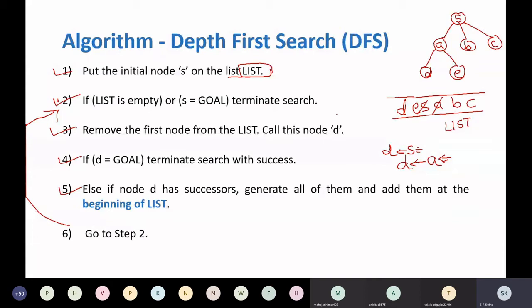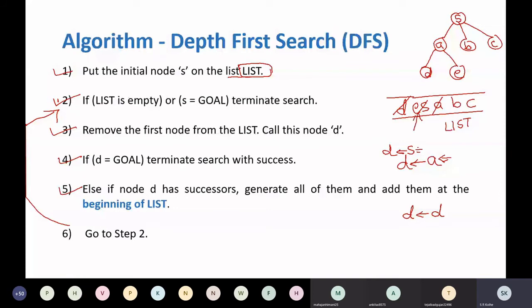List is not empty. Remove the first node. So D I am going to remove. Now by chance the names are same. I should not have taken D there. Okay, let it be. So D, check, is it a goal node? No. Explore this D, so that will generate its successor. But if there are no successors, what will happen? You are going to check node E, because E will be the first node.